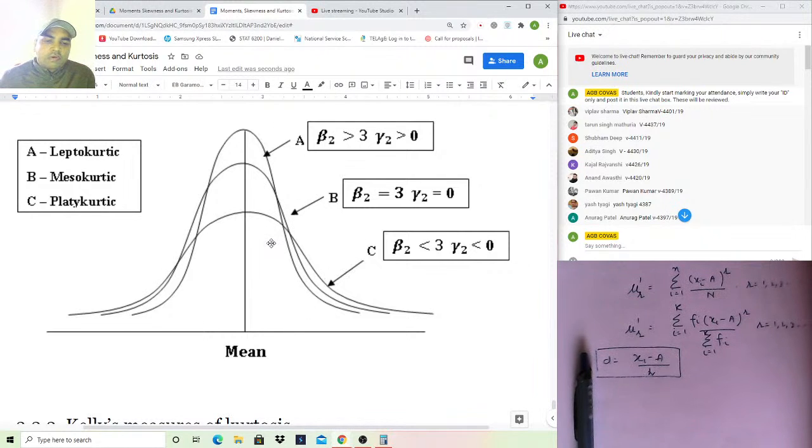Today we have learnt about the properties of the normal distribution, and in this second lecture we have learnt about the moments. We learned that the central moments are the moments about the mean, and these first four moments are very important. Then we have learnt about the symmetry of the curve, the normal distribution, that